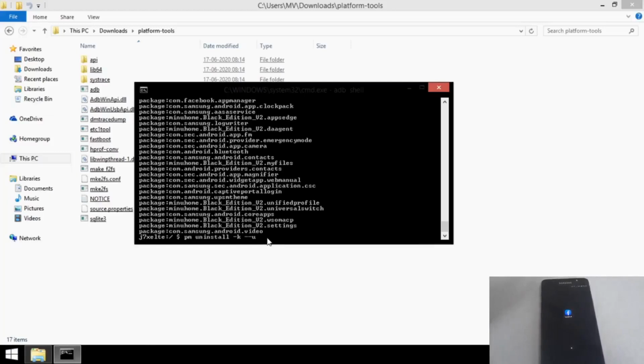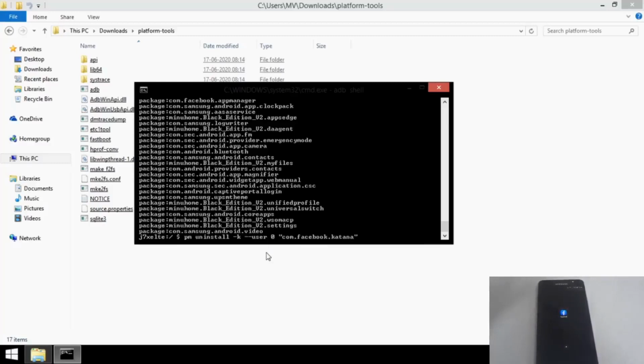Then, to uninstall your desired app, type pm uninstall -k --user 0. Then in quotes, write the package name that you got using the App Inspector application. In my case, it is com.facebook.katana, and make sure that you put it in quotes.